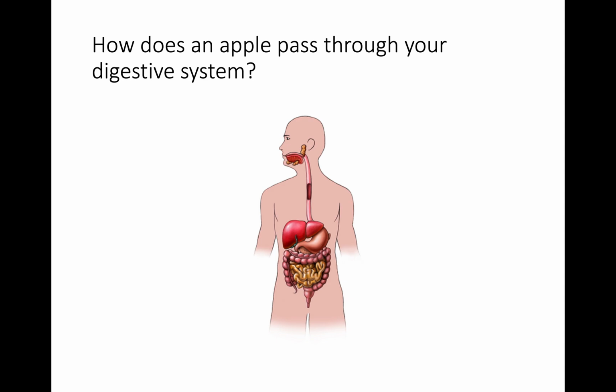That then goes to the small intestine. The small intestine breaks it down a small bit further with the enzymes present there, but also it absorbs the nutrients such as the glucose into the bloodstream where it's passed all over the body, and the glucose is then used for respiration to take place. And then what's left goes to the large intestine, and that's where the water is absorbed back into the body, and then you're left with a semi-solid